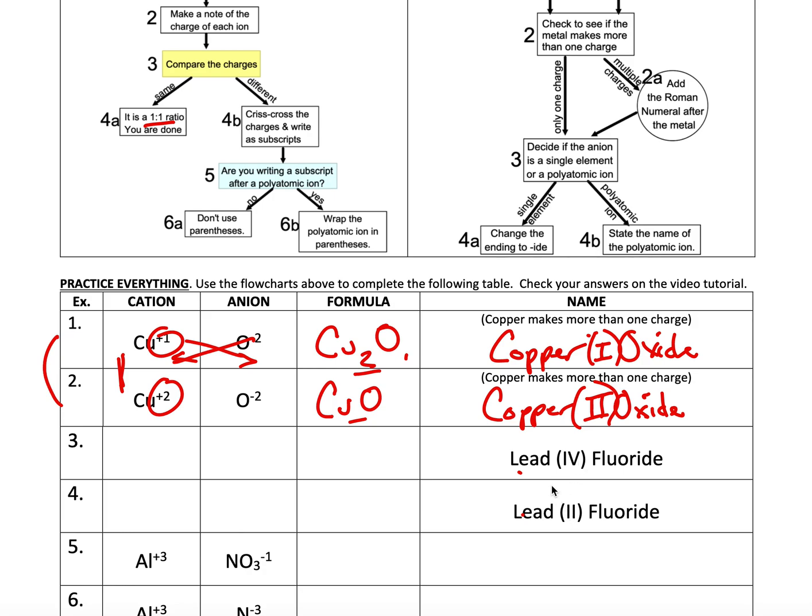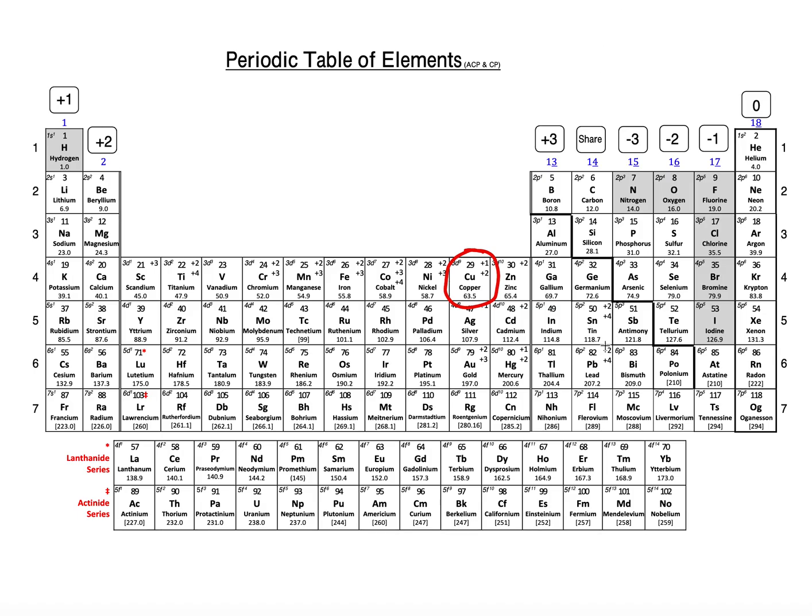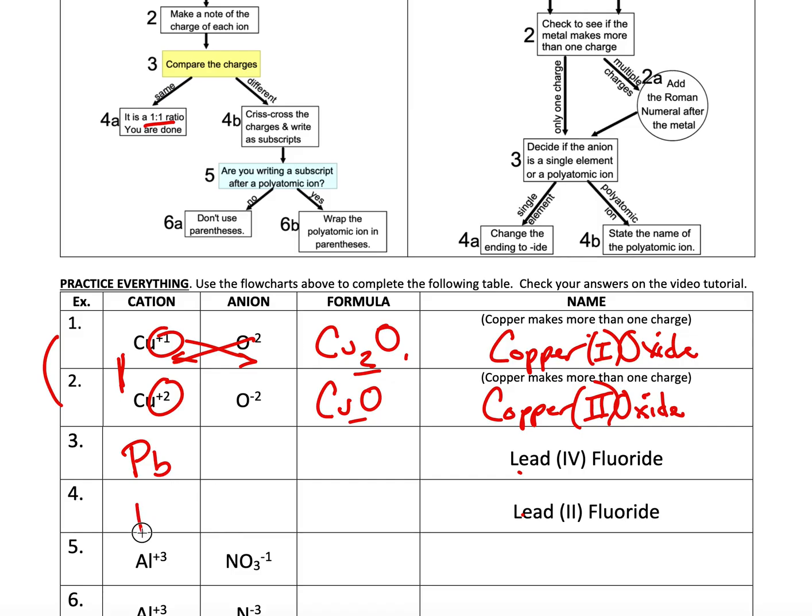But here's the catch. You don't have to look at the periodic table. You don't need to, assuming you know what the symbol for lead is, which is Pb. If you didn't know that, you'd have to look it up. And by the way, lead is over here, just so you get used to that. So Pb, Pb, this lead is making a +4, this lead's making a +2, and then who are they bonding